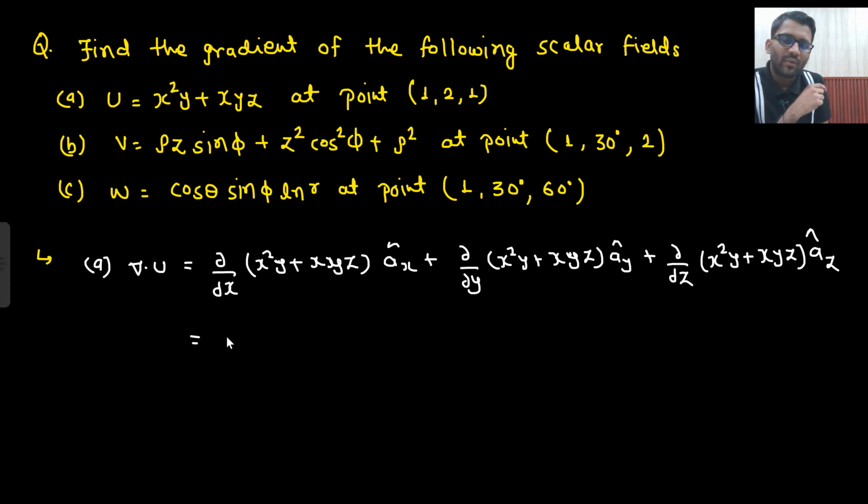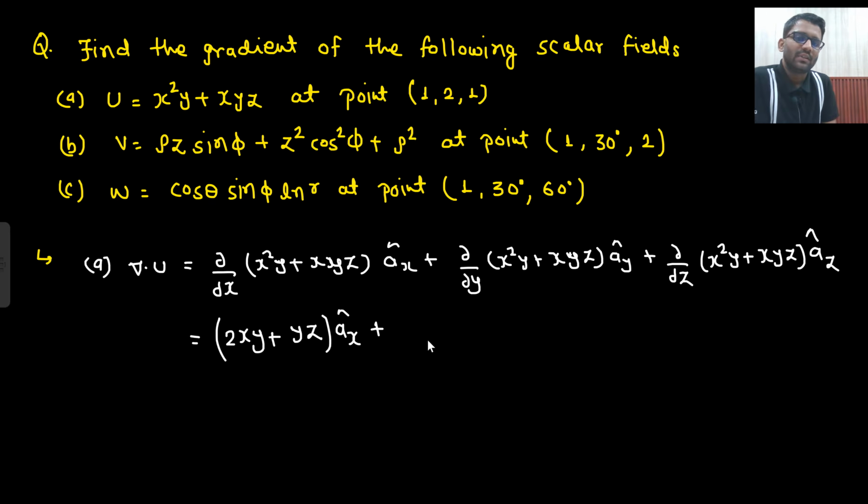So y will be constant, so 2xy plus yz, where yz is constant and x is differentiated, so that will be 1. Partial differentiation we have already seen. So this will give you (2xy plus yz) ax cap plus, here x square, differentiation with respect to y will be 1 only, plus xz